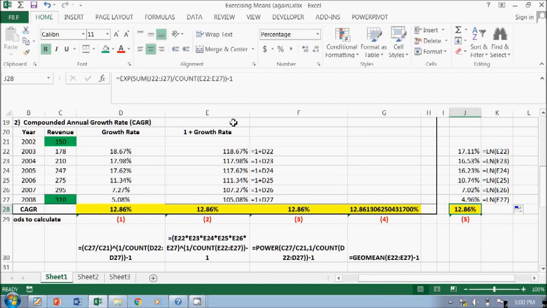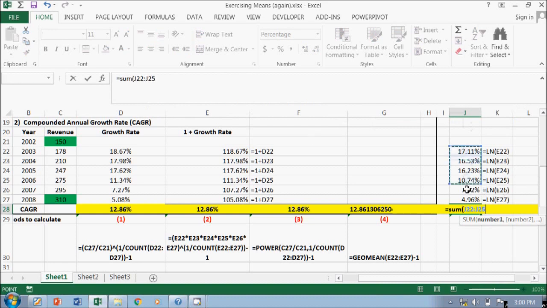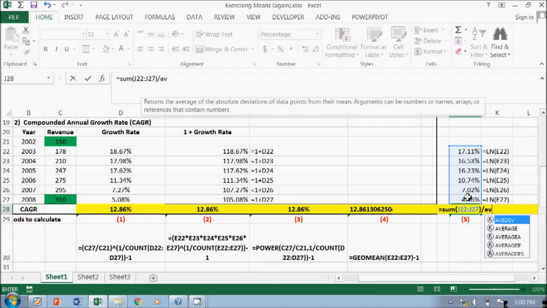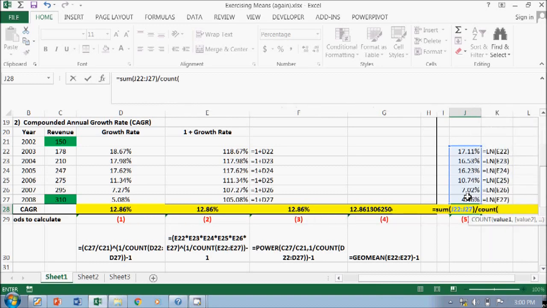sum it first, all of this, and then you have to divide it by the count of this, you have a 6. Okay, and then you have to exponential that.